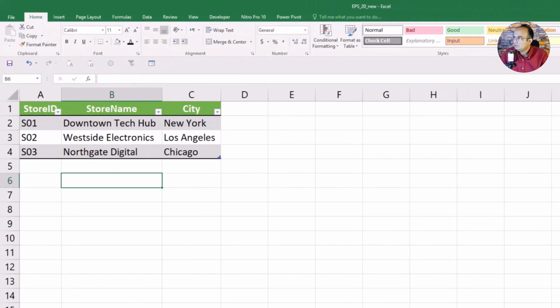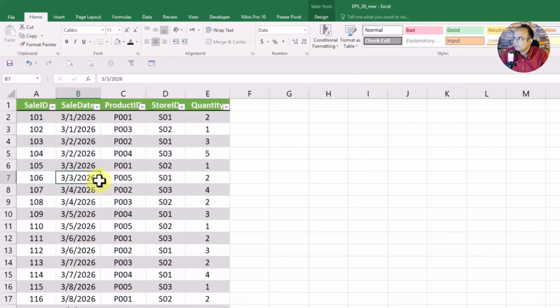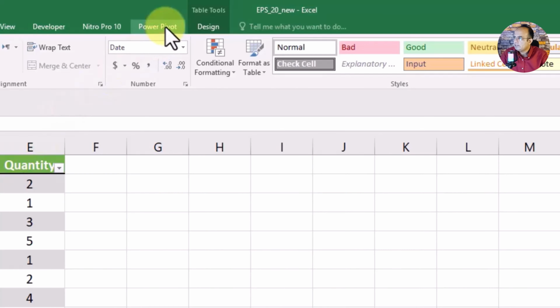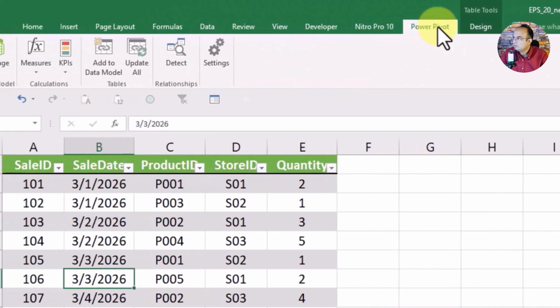We will add them into the data model. Let's see how. Click anywhere on this table. Go to the Power Pivot tab. Click Add to Model.